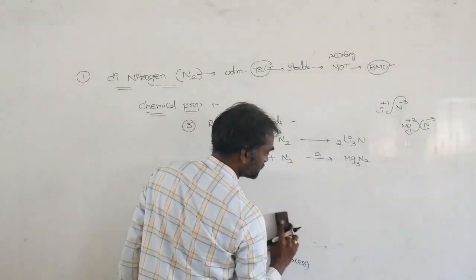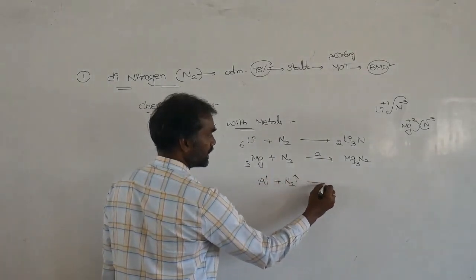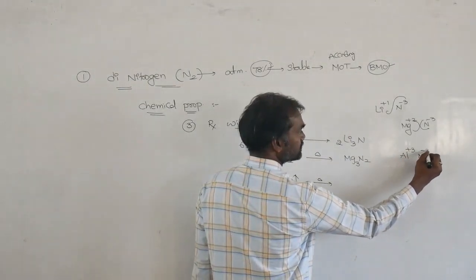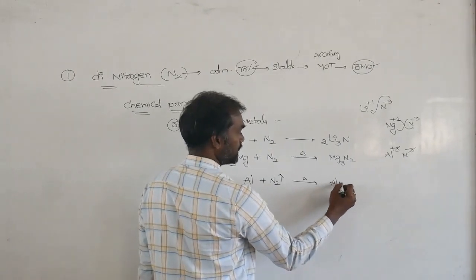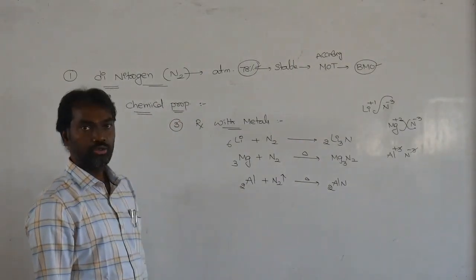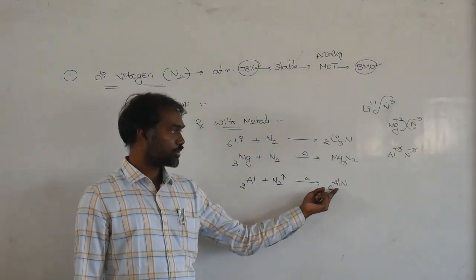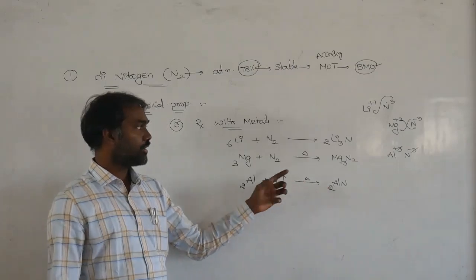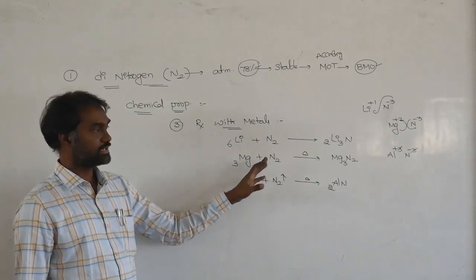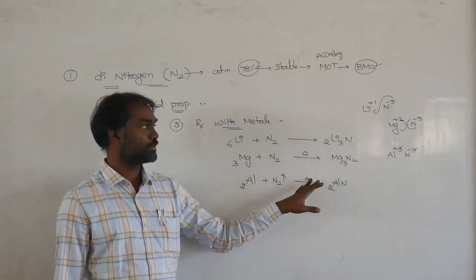Some other examples you can take. Suppose I am taking aluminium. Aluminium reacted with nitrogen gas. So what happens? Aluminium is +3, nitrogen is -3, the 3s cancel, so you are getting Al, and for balancing, 2Al. So aluminium nitride. When aluminium reacts with nitrogen gas, it produces aluminium nitride. Commonly we can say that when metals react with nitrogen gas, they produce metal nitrides. Like that you write down the matter and complete these equations.